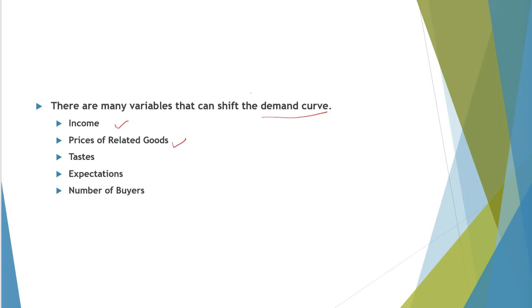The taste, the expectation, the number of buyers. The expectation ni macam mungkin barang tersebut kita expect to be good. Ice cream tersebut harga dia mahal, kita expect macam Baskin Robbins, kita expect rasa dia sedap sangat-sangat. Tiba-tiba harga mahal tapi rasa macam okay. So tak beli lagi, tak ada demand lagi. Okay, so